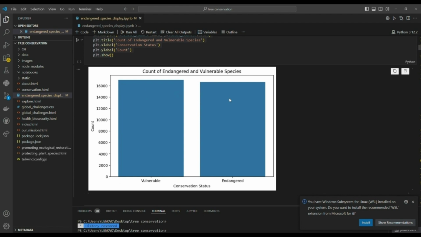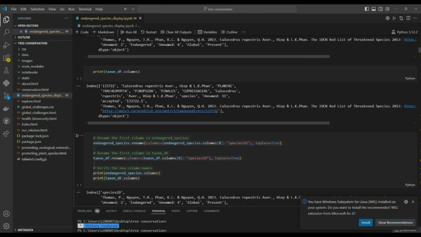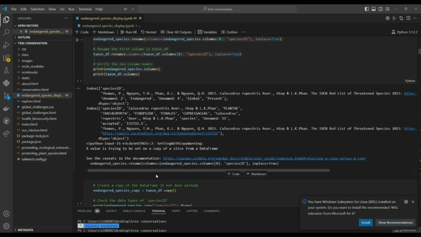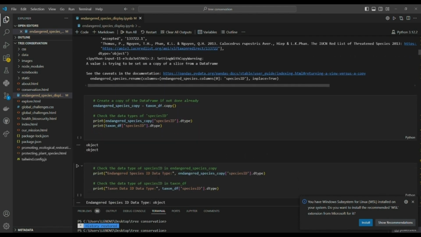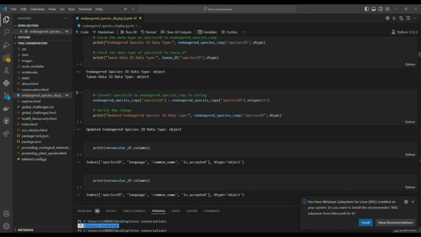To enhance clarity, we then renamed certain columns to make the information more understandable. Next, we created a copy of the data frame to ensure we could work with a stable dataset version, preserving the original data. After this, we performed a crucial step, merging our dataset with another dataset using the species ID